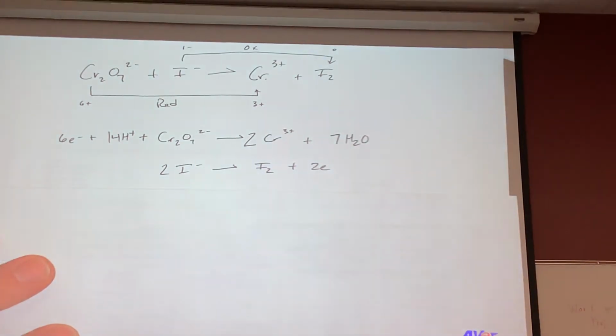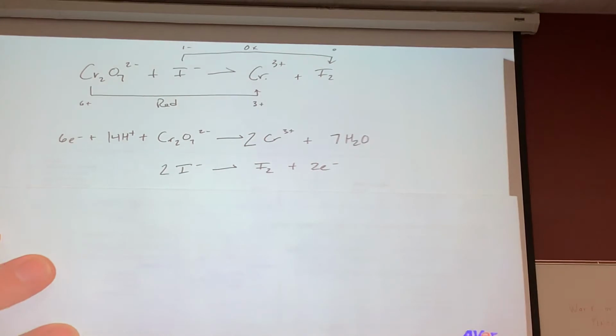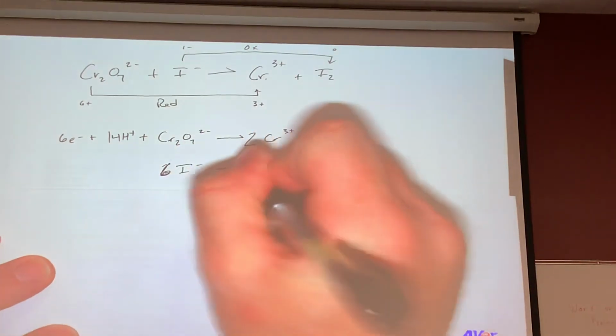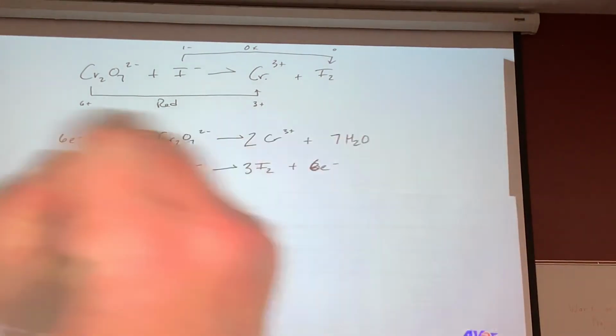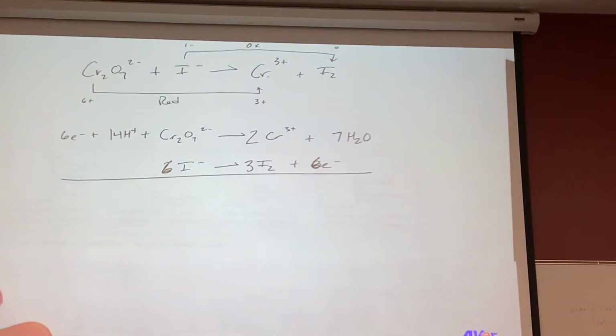Then what do you do? Combine it. Not yet. You have to multiply it so the electrons are equal. Remember, you gotta have charge balance. You gotta multiply to make the electron counts equal. In this case, you gotta multiply the bottom one by 3. So this becomes 6. Then combine like terms and get rid of things, that's what you do next. So cross these out in red, 6 electrons go away. And when I rewrite this with everything as it should be,